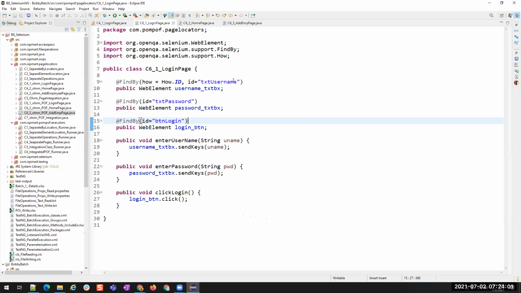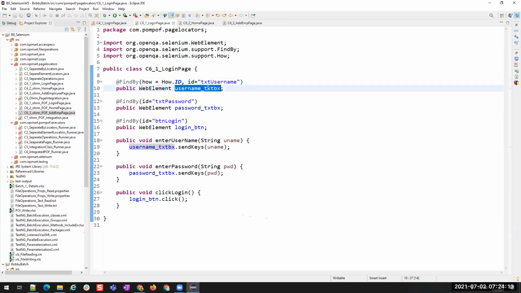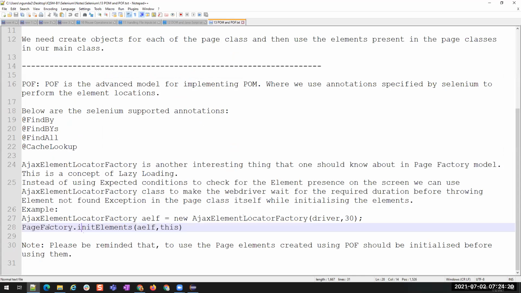Now we have this one, login page. Now we have all the elements and @FindBy annotations here. But if you want to initialize, that means if you want to find this element and store it inside this variable, then you have to call an extra method, that is nothing but PageFactory.initElements.